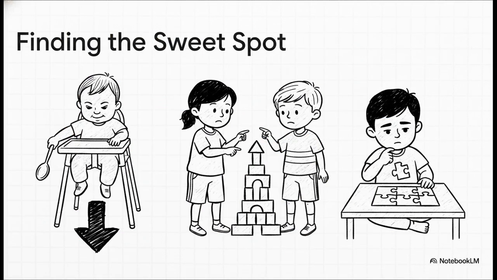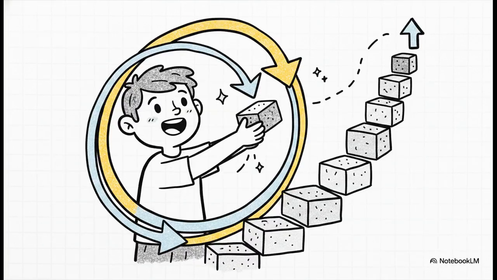For a parent, it's realizing that when your toddler drops a spoon off the high chair for the 100th time, they aren't trying to drive you crazy. They are literally testing gravity. It's their current challenge. For a teacher, it's intentionally providing a building set that naturally prompts kids to work together, pushing their shared attention skills. And for the designer, it's meticulously calibrating the difficulty of a puzzle so it demands a bit of struggle but avoids a full-blown meltdown. Because development doesn't just spontaneously drop into a child from the sky, it is assembled, gradually,